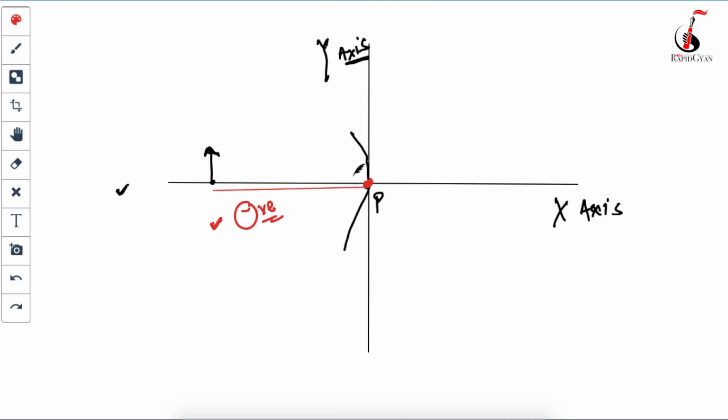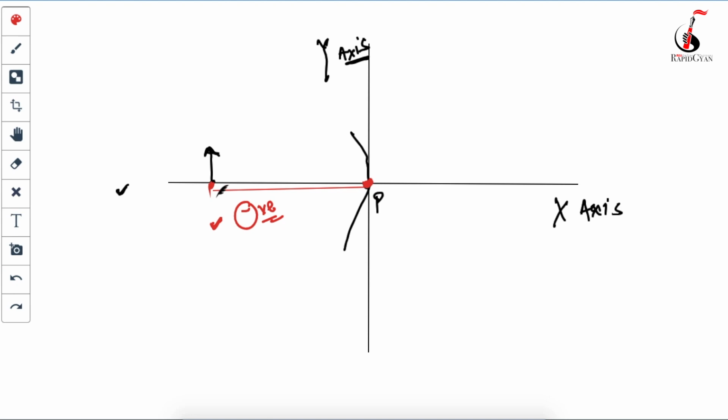So just remember this simple thing. From the origin, if you go on the left hand side, it will be negative. If you go on the right hand side, it will be positive. If you go up, it will be positive. If you go down, it will be negative. The same logic you will have to follow with this image formation. Simple stuff. And this is the object.